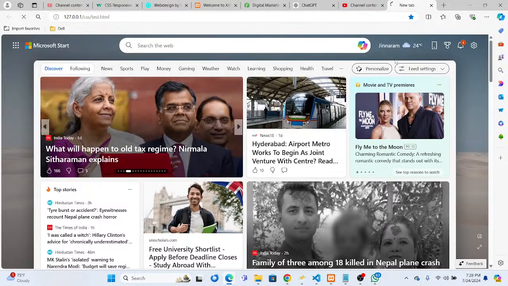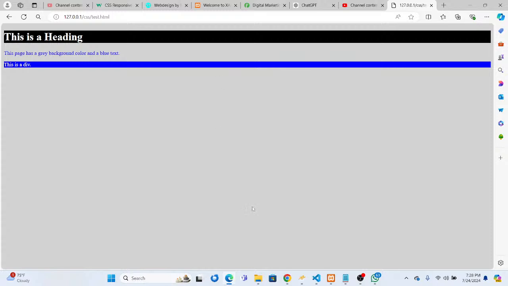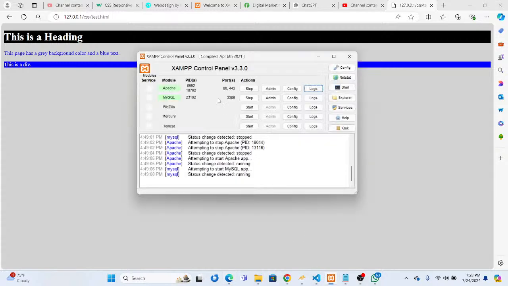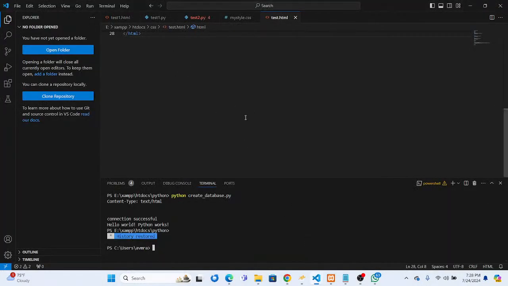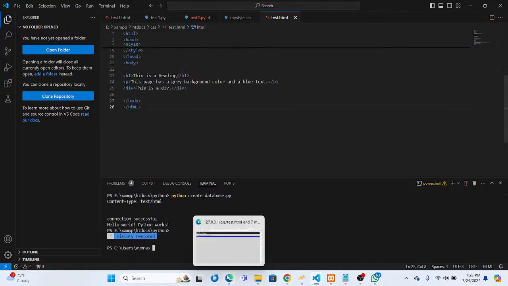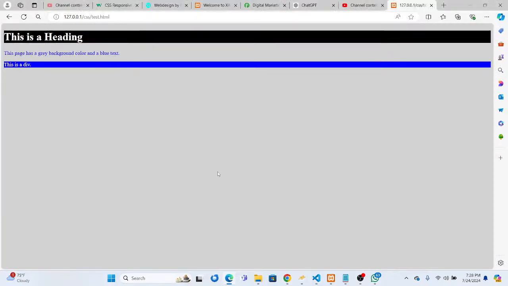CSS test.html is actually running on XAMPP, Apache, with the CSS files which I copied there. I am also using Visual Studio Code as an editor and to test my applications. If you want, you can follow that, or you can use your own favorite editor